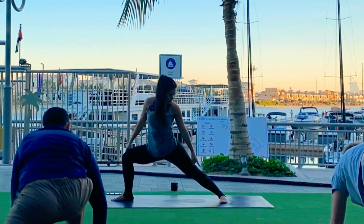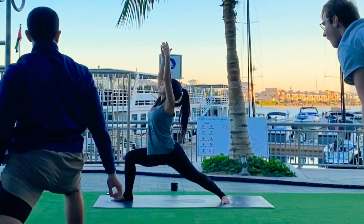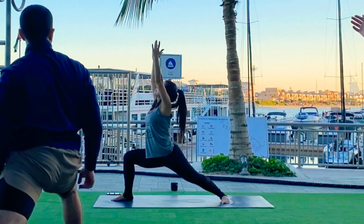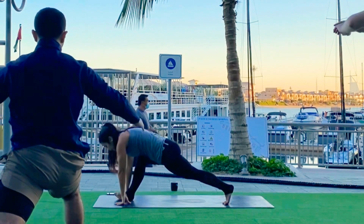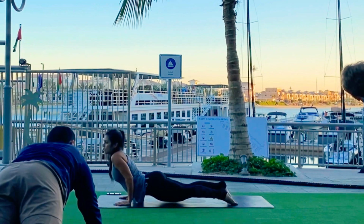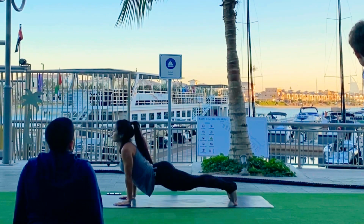Left foot out 45 degrees. Sink your hips down as you lengthen the spine, reaching up with the chest, palms facing, gaze up. Exhale, fall forward, step back. Chaturanga, bend the elbows. Inhale, Urdhva Mukha. Exhale,